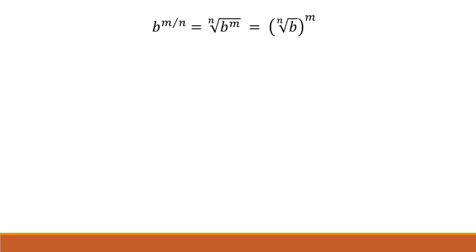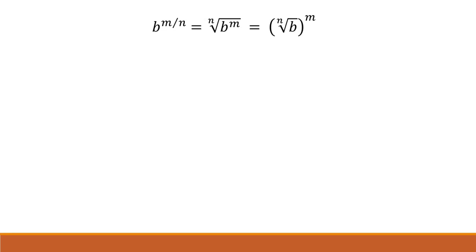Before we solve equations with rational exponents, let's remember what a rational exponent means. If we have a base that's raised to a power that's a fraction, we can rewrite that using a radical. So if b is raised to the m over n power, we can write that as the nth root of b to the m power, or we can write it as the nth root of b that's being raised to